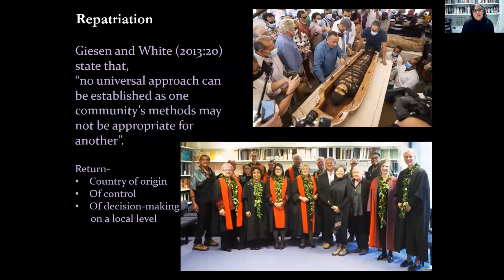So repatriation is another issue that you have to consider if you do have human remains that perhaps are not of British origin, although there are communities here that would like to see British remains repatriated. And I love this quote by Giesen and White, which is a book about human remains in British collections. No universal approach can be established, as one community's methods may not be appropriate for another. This is where human remains can be time heavy for you as a collections person and in your collections, because I really think that each repatriation needs to be a case-by-case basis. You can have an overarching policy, and I'll get into some policies in a minute, and that's fine. But,